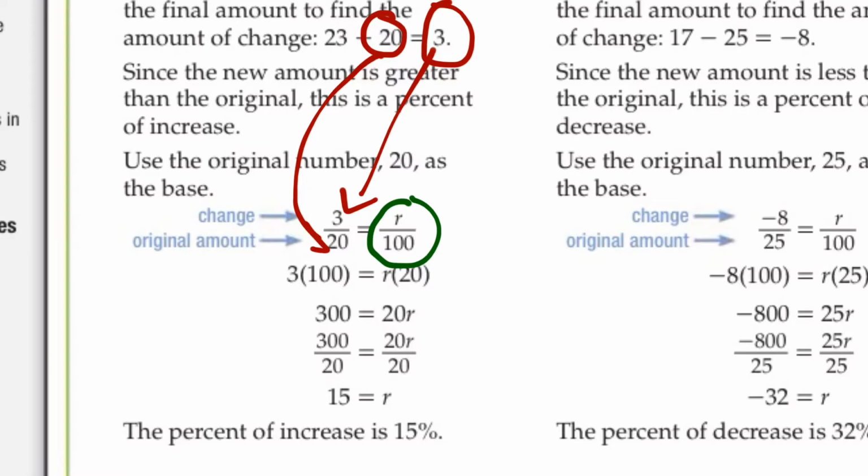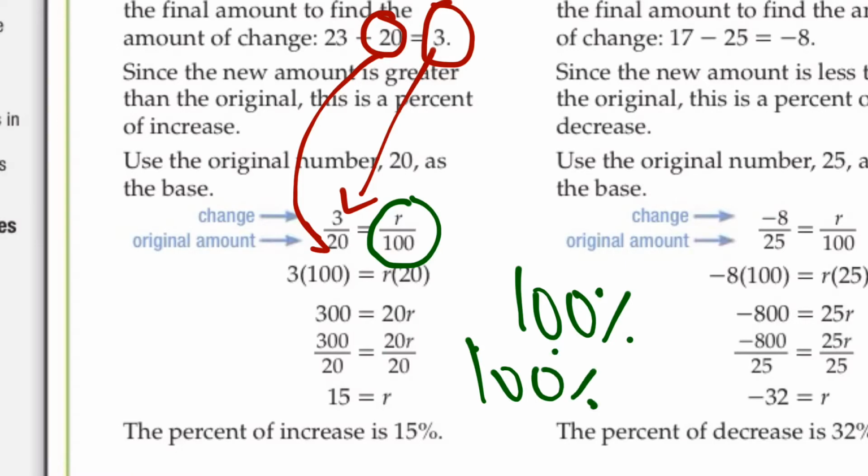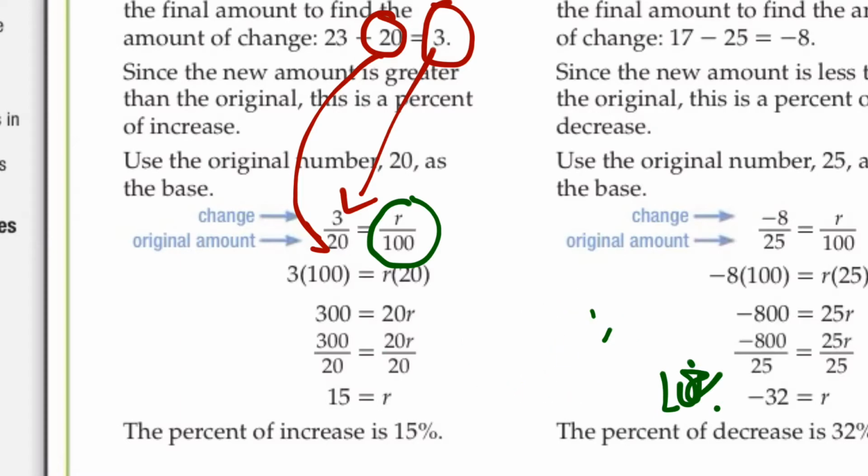The reason they're doing that is because we're trying to figure out the percentage, and percentage is always out of 100%. If you do everything right, you get 100%. You miss one, you go down, right? Can you go over 100%? Sure, if you have over a whole amount. 100% is a whole thing. 100% is all of it. One whole pizza is 100% of a pizza. But if you're just referencing one pizza and you get 2 pizzas, then you have 200% of pizzas. Something like that. So that's why it's R over 100,